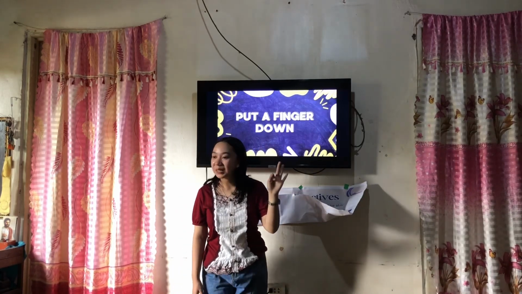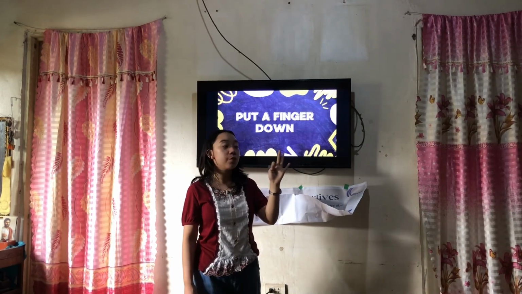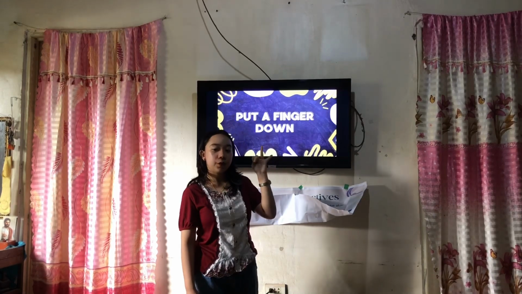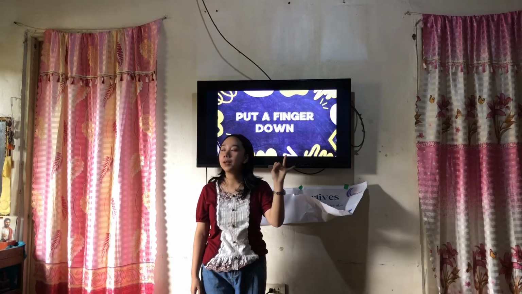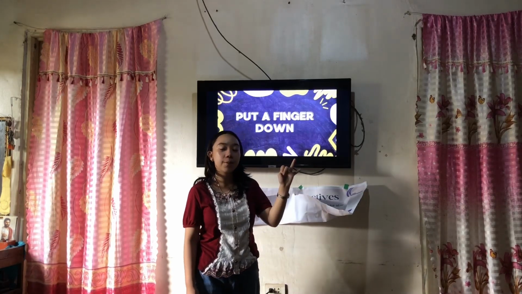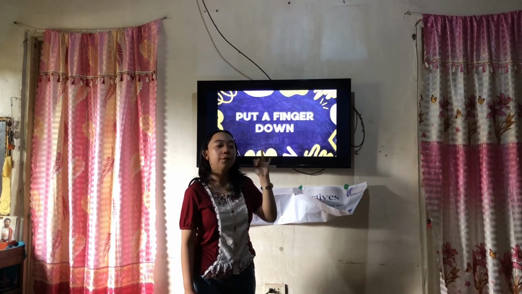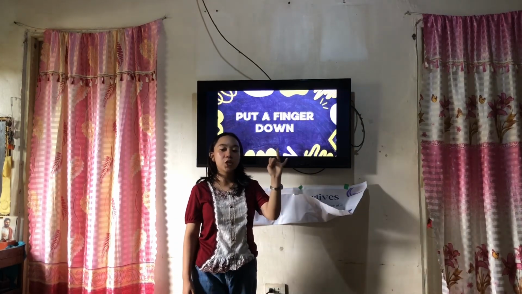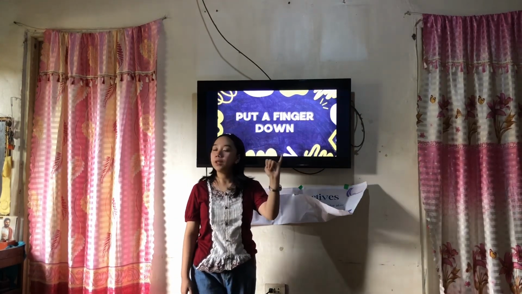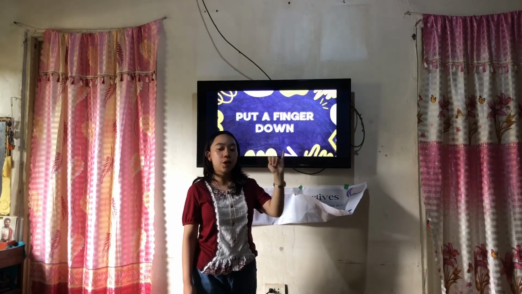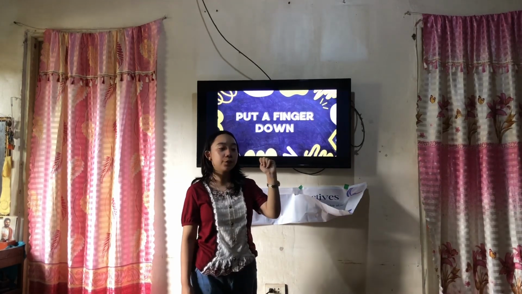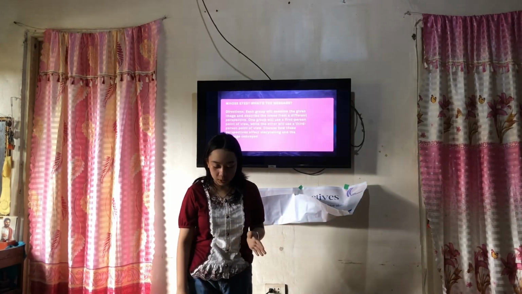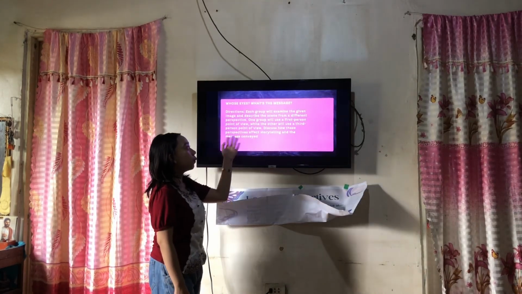Put a finger down if you read where the narrator knows all the characters are thinking. Put a finger down if you read a story where the theme was about friendship and family. Put a finger down if you read a story where the main character changed by the end. Put a finger down if you read a story written in the third-person point of view. Great job, everyone! So, for our next activity, called Whose Eyes, What's the Message?